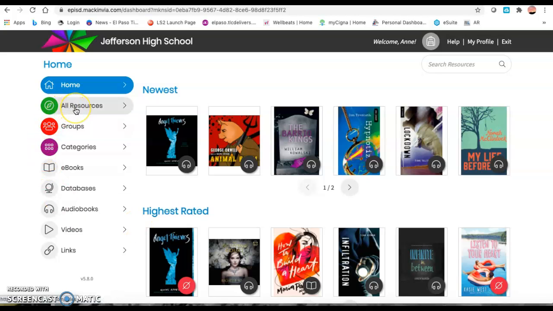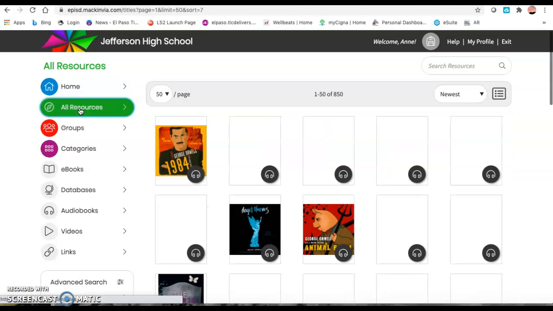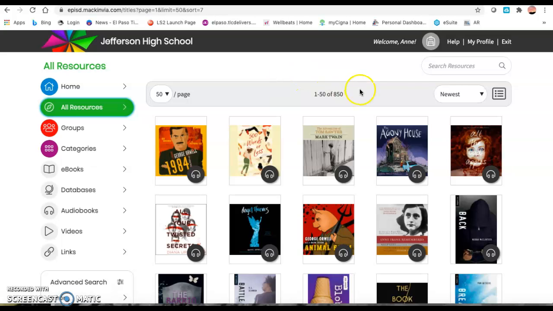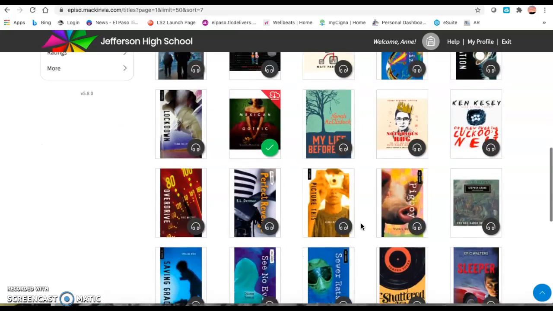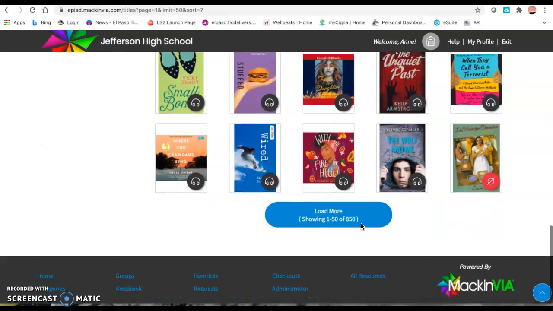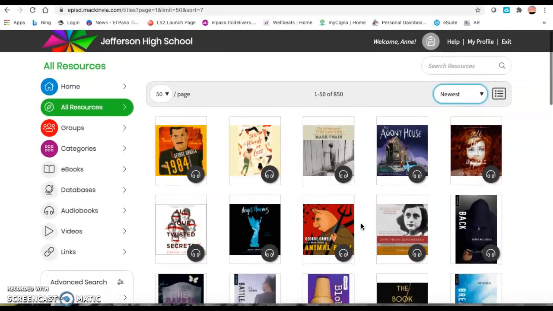I'm going to click on all resources so that you can see all the books in our collection. And I'm going to click on resources from A to Z because again it's at newest and I just purchased a whole bunch of audiobooks, so that's all you're seeing is the audiobooks. Well, we don't want only the audiobooks, so I'm going to click on resources from A to Z,